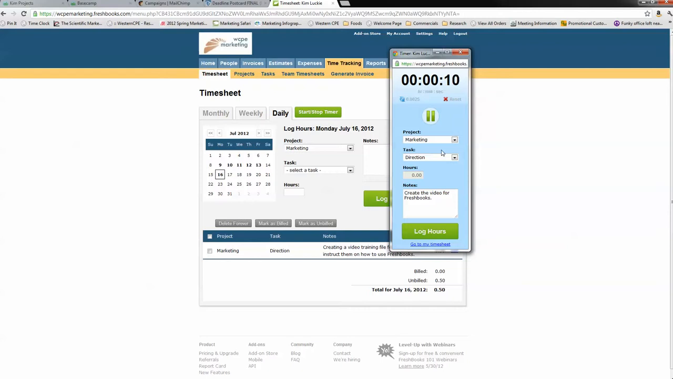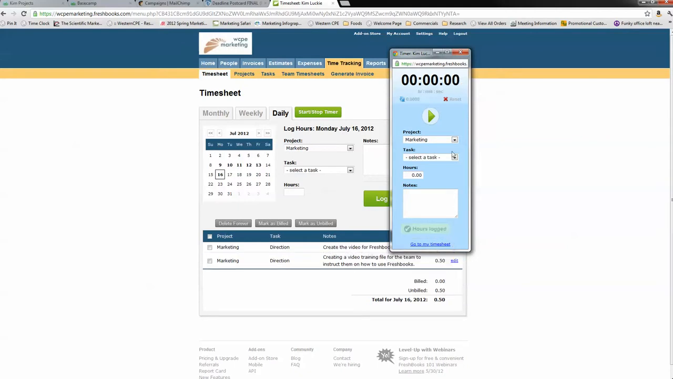When you're finished, you want to hit stop, and before you change to another project, you want to hit log hours, okay? And that connects it to your timesheet. And then you want to select another project. So Kim's projects,